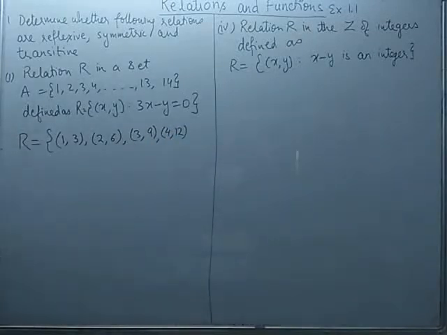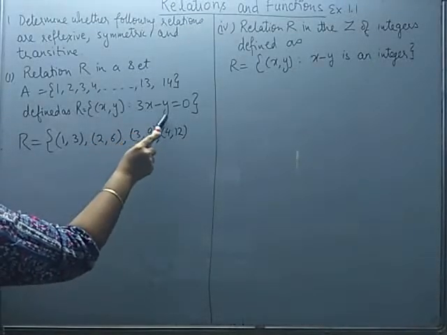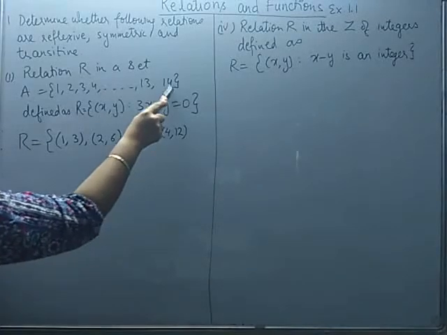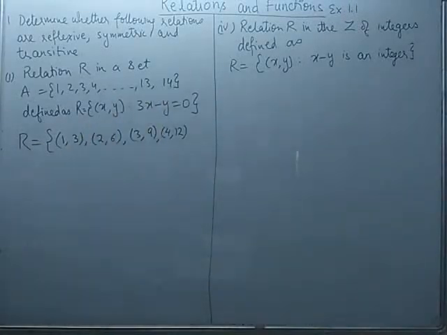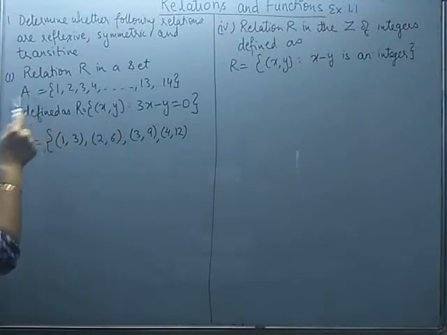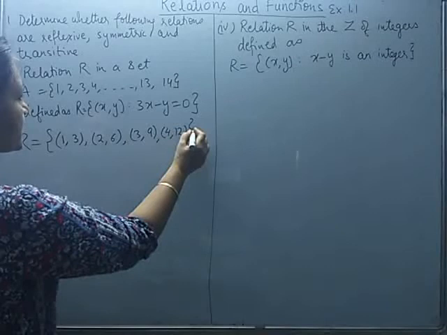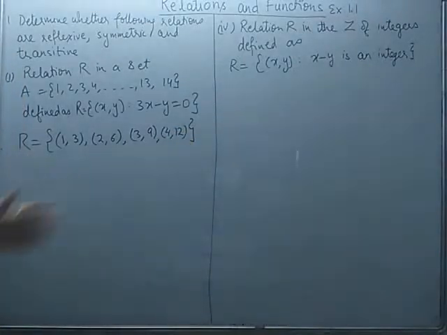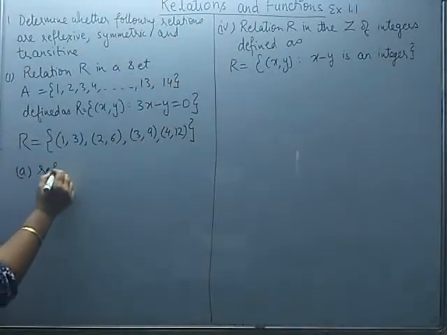Can we go beyond this? You will see that beyond this we cannot find any pair. Because if I replace X by 5, then Y will become 15, which does not belong to the given set. And we are aware both X and Y, they are denoting the elements of the set A only. See, it is quite possible to write the relation. Now we need to see whether it is reflexive, symmetric and transitive or not. So first we will check for reflexive.